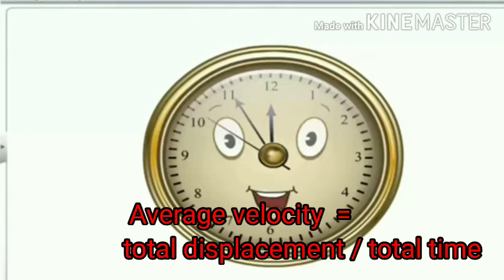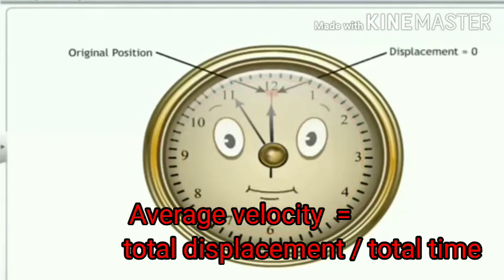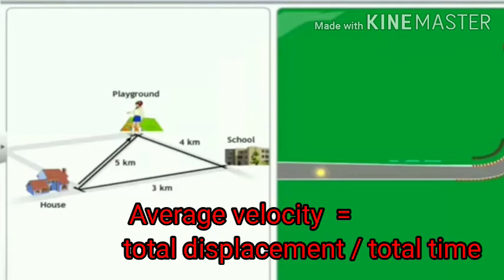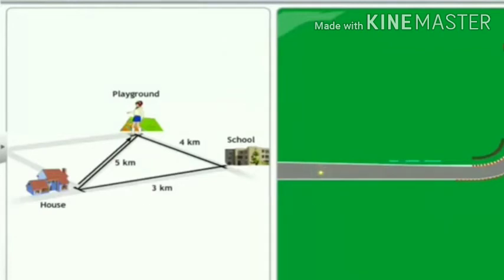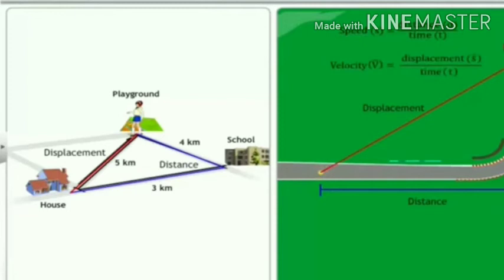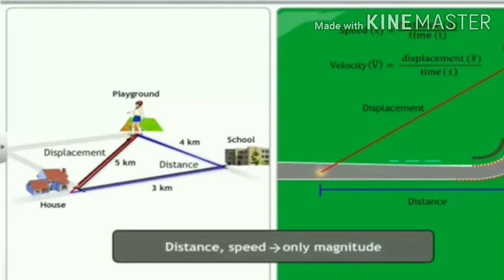It is actually circular motion of the smaller hand or longer hand. At 12 o'clock, it is in a steady position, from where it starts and displacement is 0. But when it starts, it moves in circular motion. Thus, a boy going from home directly to the playground, this is displacement because it is the shortest distance from the initial point to the final point.